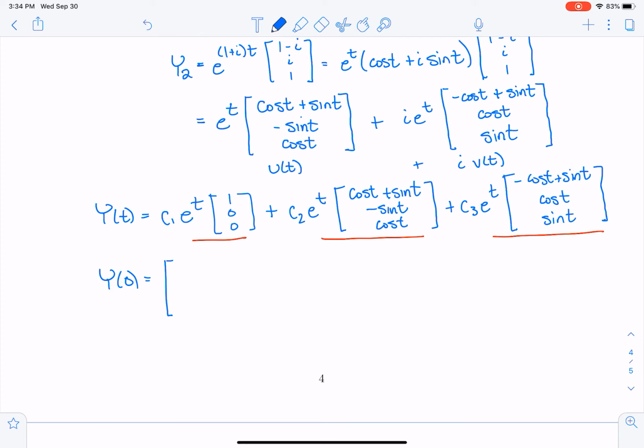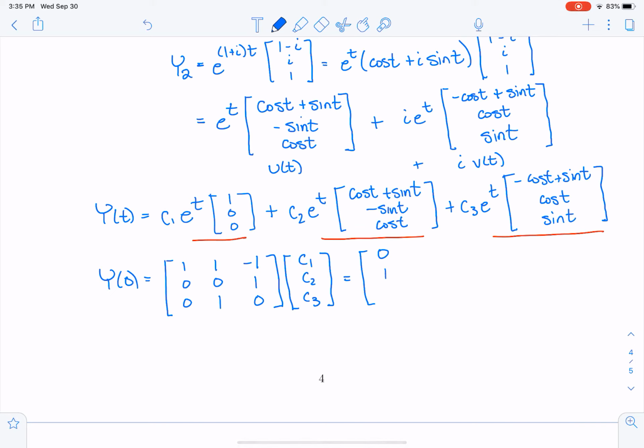So the first column is going to be 1, 0, 0. The next column is going to be 1, the sine of 0 is 0, and then 1. And then my third column is going to be negative 1, because of the negative cosine of 0. And then I'm going to get a 1, and then the sine of 0 is 0. So that gets multiplied by c1, c2, and c3, and that's supposed to equal